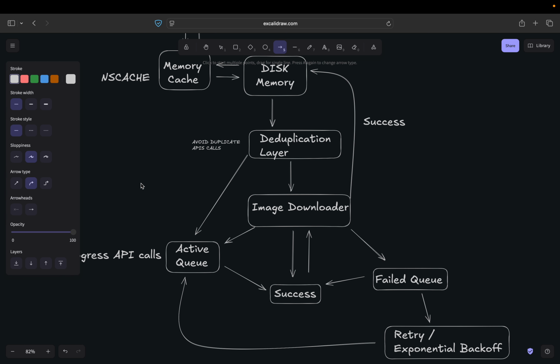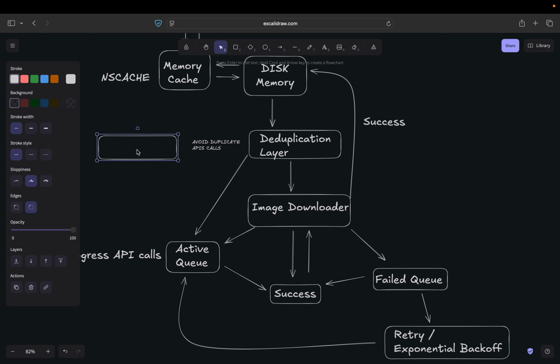Now another thing that comes into the picture is cancel. So here we have the active queue, and let's say we are asked to cancel something. Let's say the user does not want to download the images now. Let's say the user went back from that particular page, or those cells are not in memory anymore, or not on the screen anymore. In that scenario we have to cancel those things. So in order to cancel, in this deduplication layer we will also have one more thing, basically a cancel